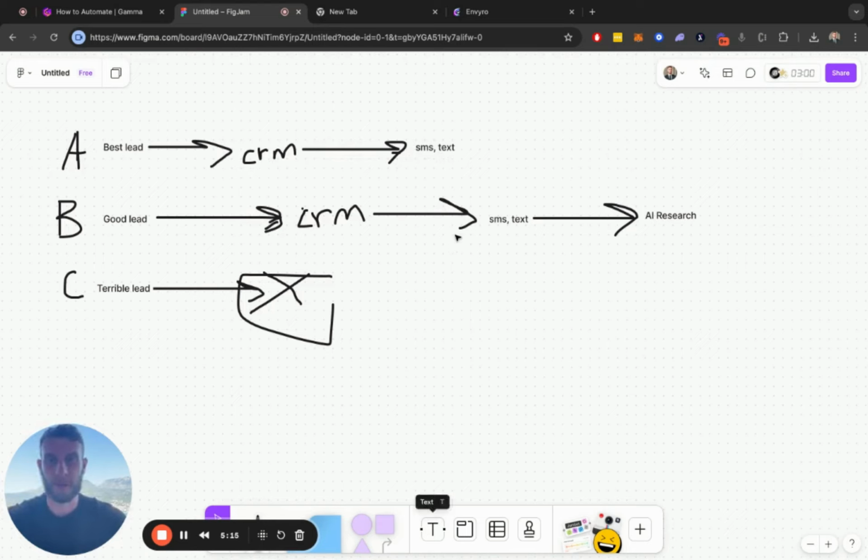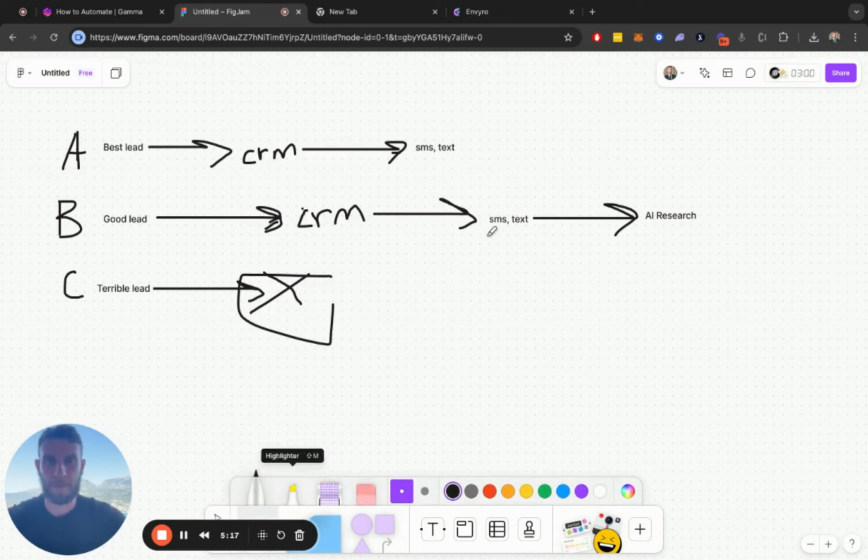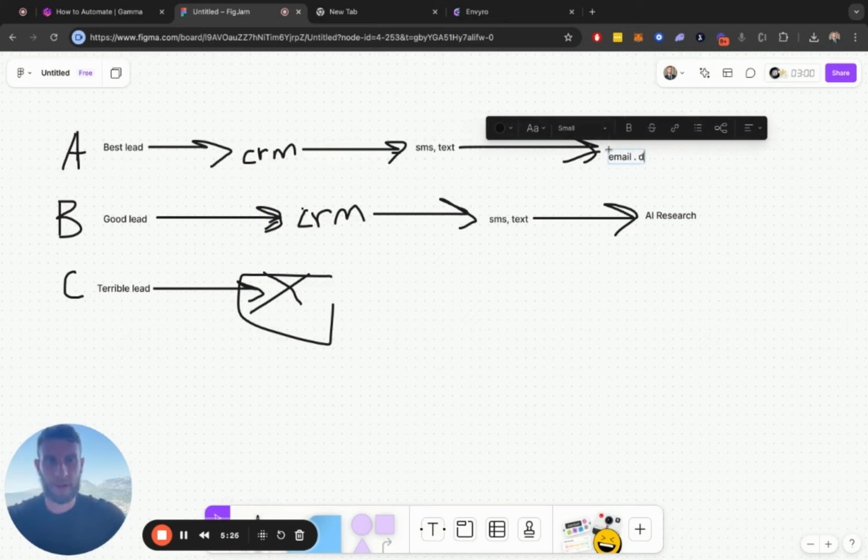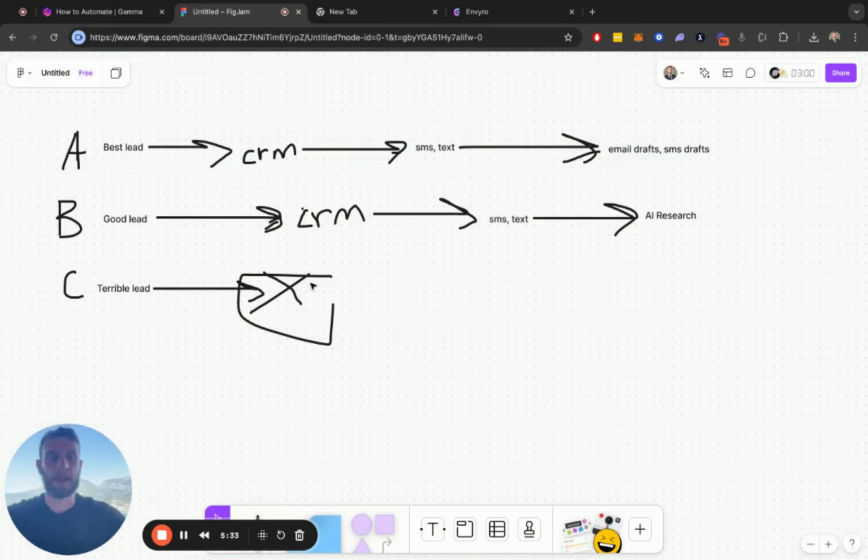And then what you could also do here is draft some email templates, phone calls, anything you really do when you typically reach out to a client. So email drafts, SMS drafts, whatever. And then you can customize those as needed, right? So really what this does is it saves you the time of qualifying these clients, because you'll have questions on your sign up form that will qualify them for you. And you automate any bad leads, getting rid of them, good leads, best leads,